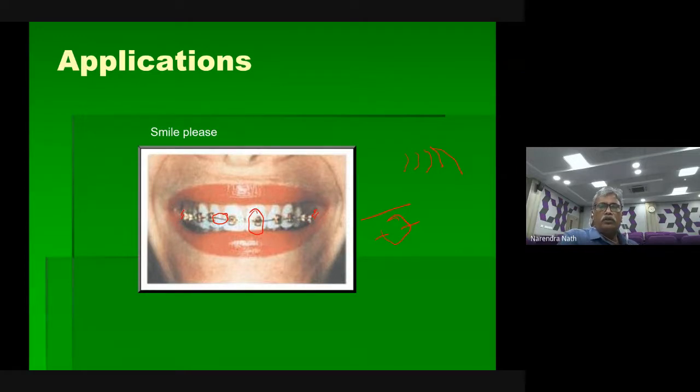So how to tighten that? They are going to do that mechanism. That is possible only because of 8% strain. If this is not there, they cannot use it. And when they put it in the mouth, all kinds of foods they can eat, all kinds of drinks they can take. So here they have to ensure that whatever nickel titanium is there, in everyday day-to-day life, it should not affect our body system.